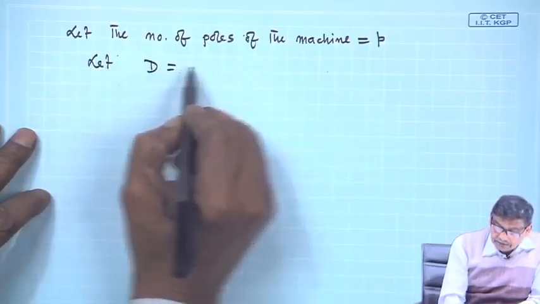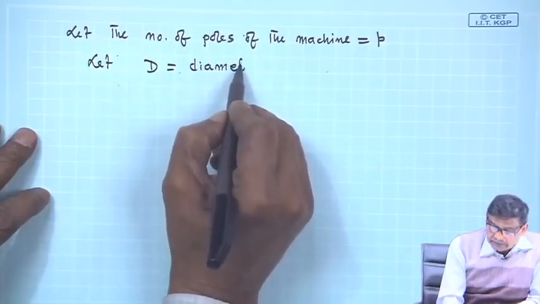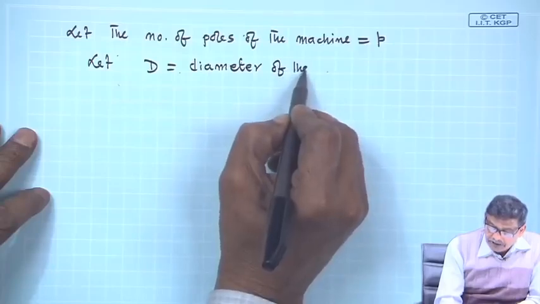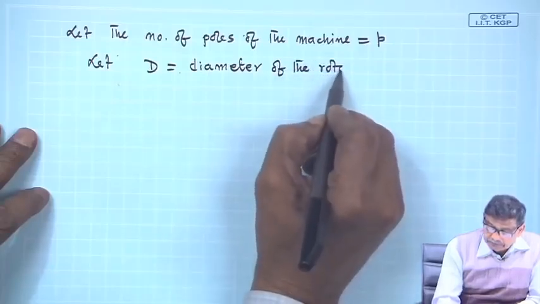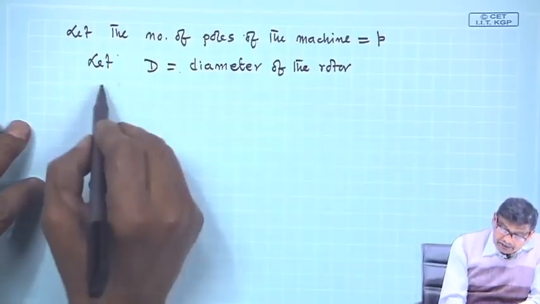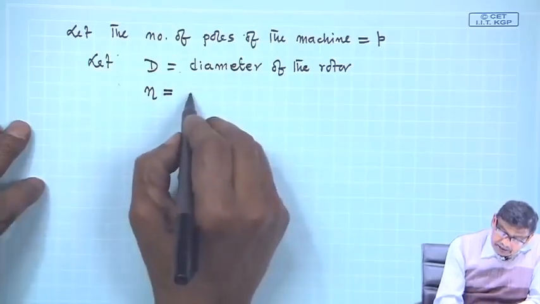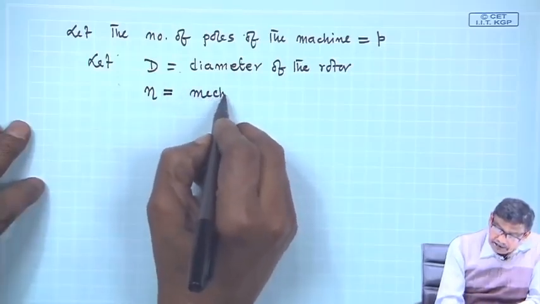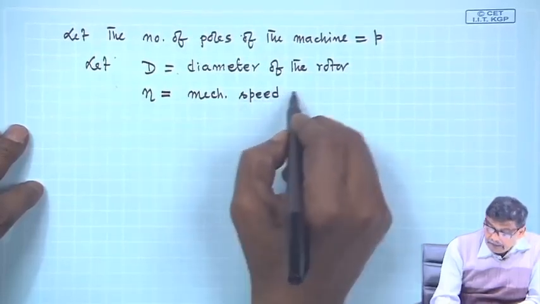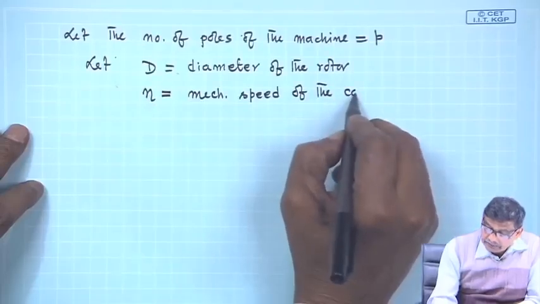D is equal to the diameter of the rotor. Okay. And let small n be the mechanical speed of the conductor